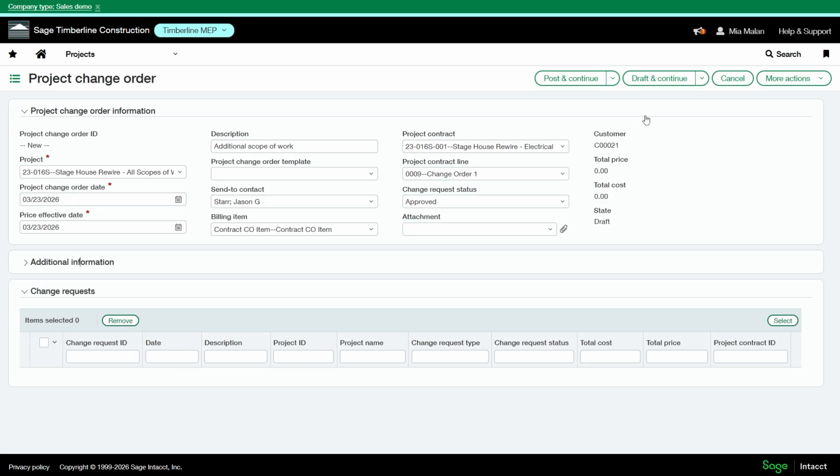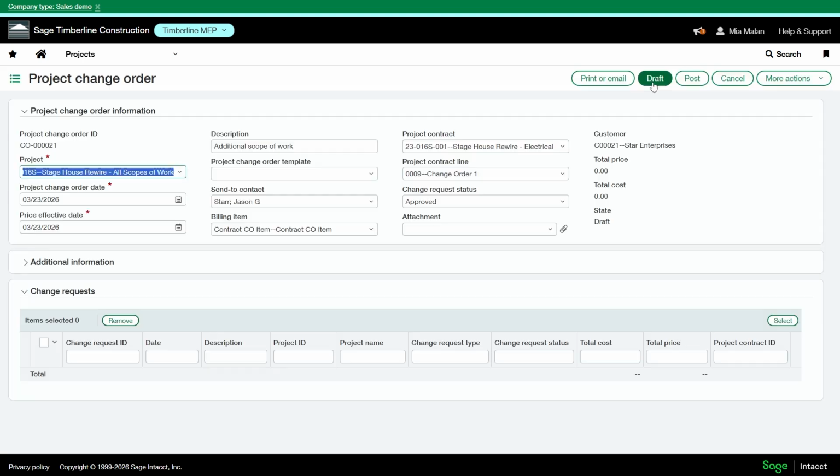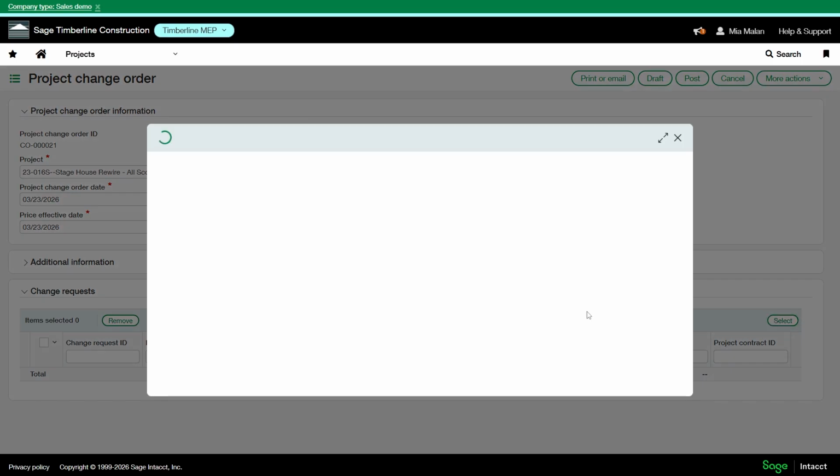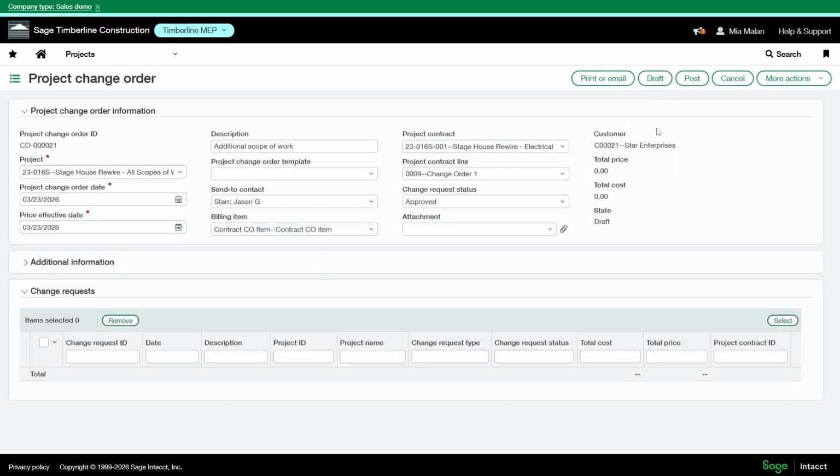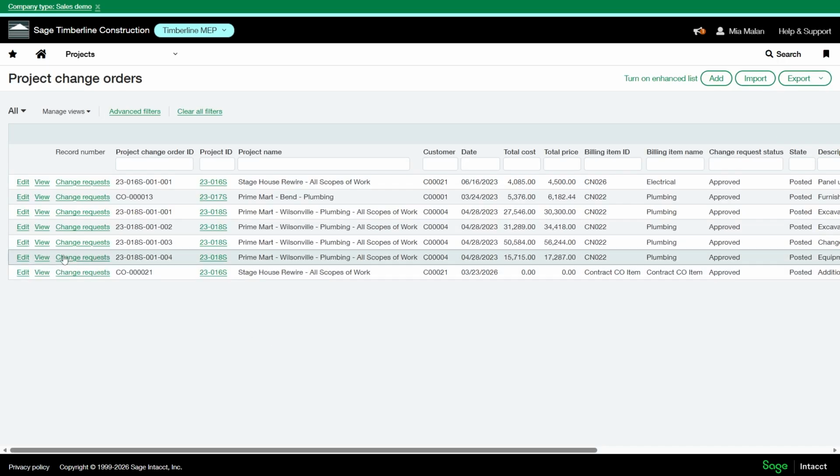At this point, I'm going to post and continue. If I were to just draft and continue, I would receive an error once I select my change request. So this needs to be posted before I can link my change requests.